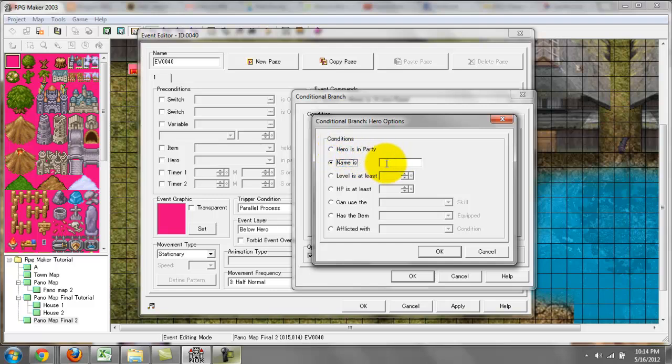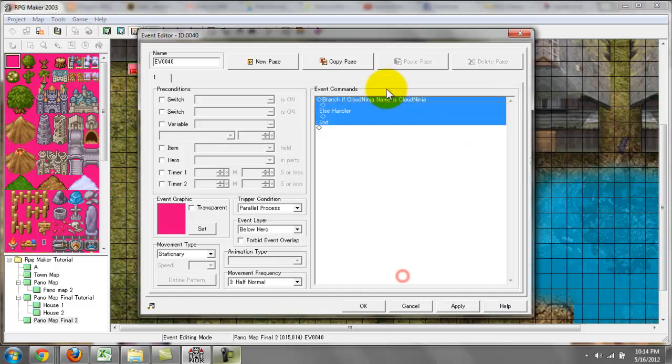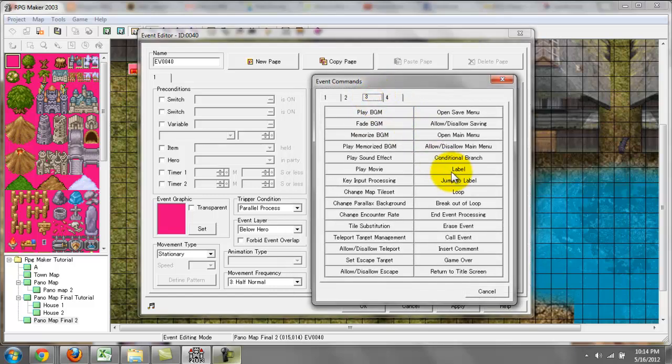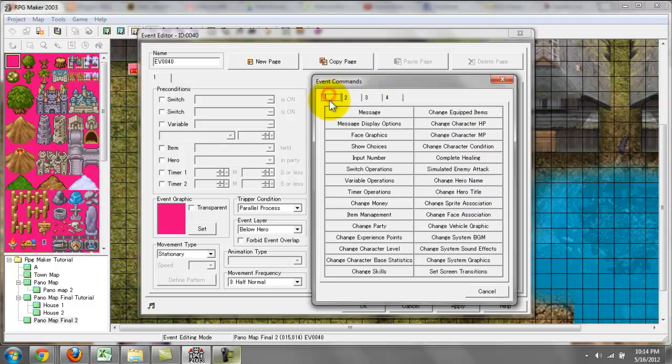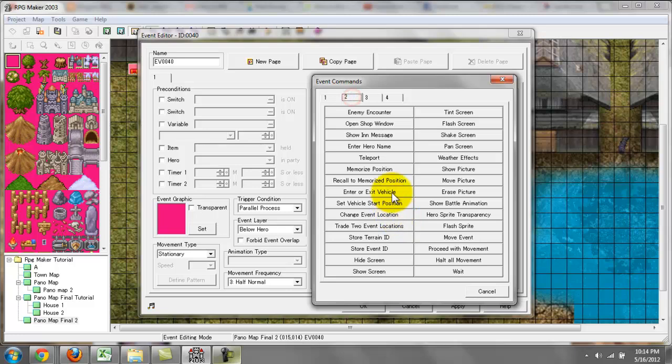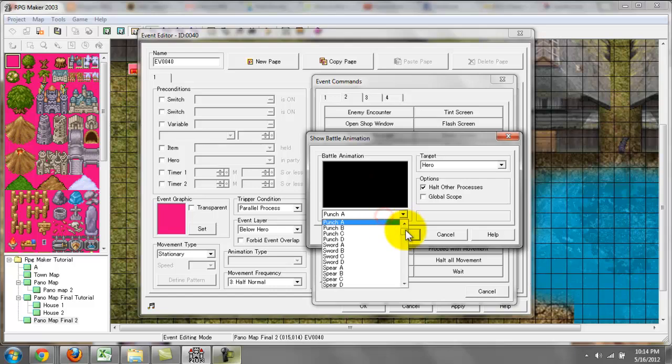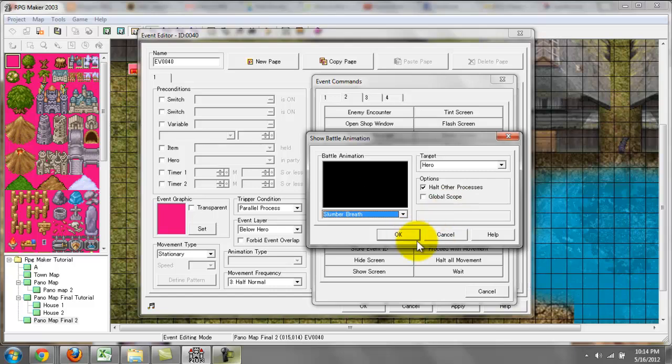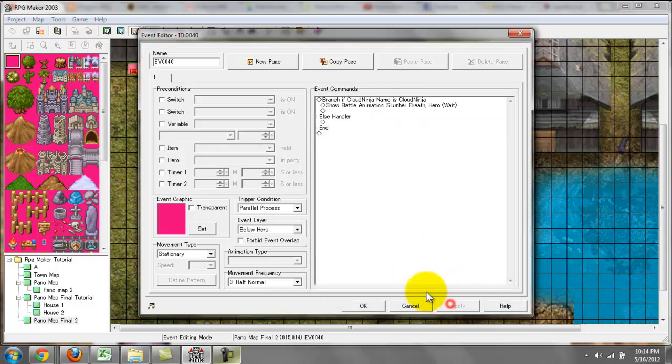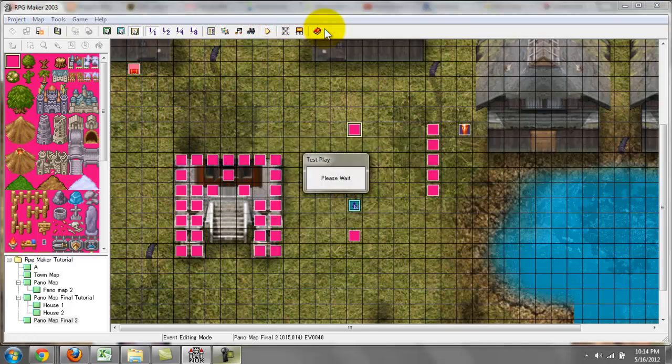This would be like checking an if-then for a string. So if his name is Cloud Ninja, which it is, then let's say, what's another option we can do? Let's say a battle animation would be shown on screen. So, something like that. Okay, we'll hit OK there. And if we play now,